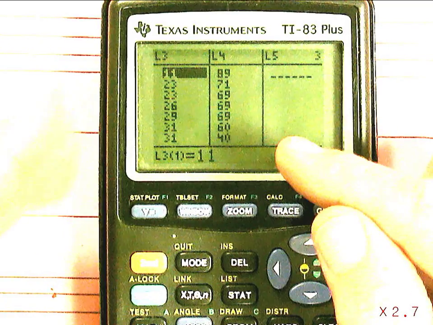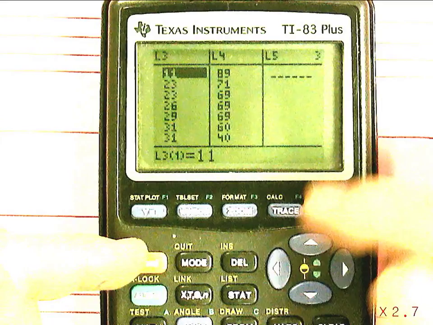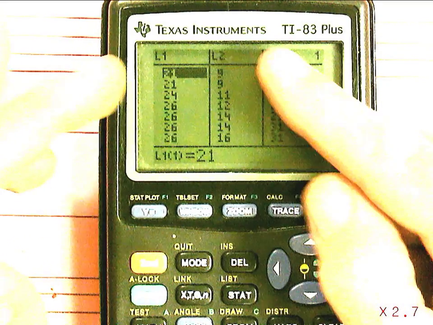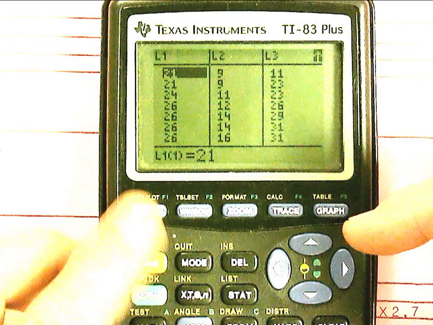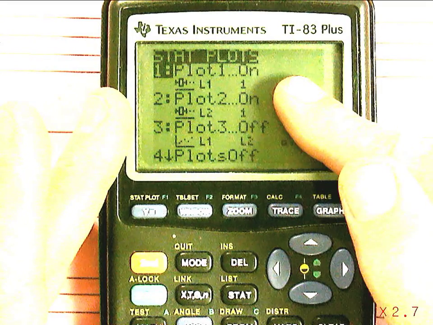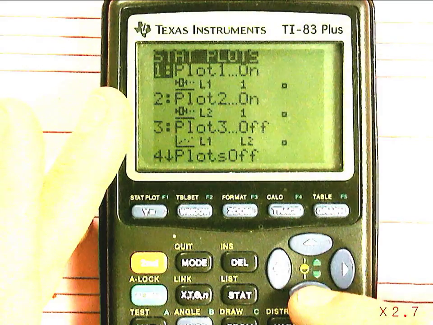You don't really have to sort a list to make a box and whisker plot because I could just simply have put them in whether they're in order or not. So I have these other lists in here, I put them in order. But even whether they're in order or not, the calculator, if you go to your stat plots, again I showed this in another lesson using the plots. My plots 1 and plots 2 are on. I could use my plot 3